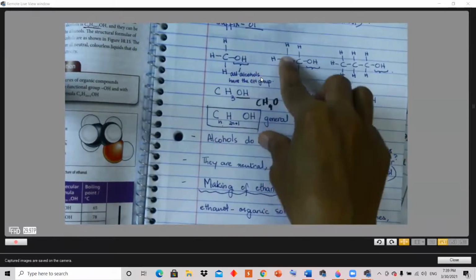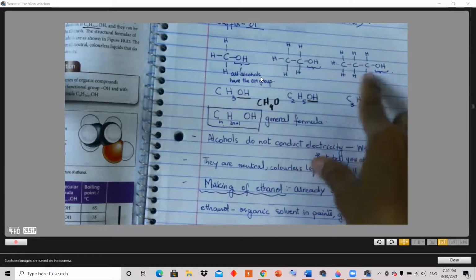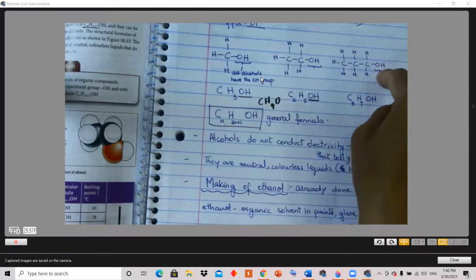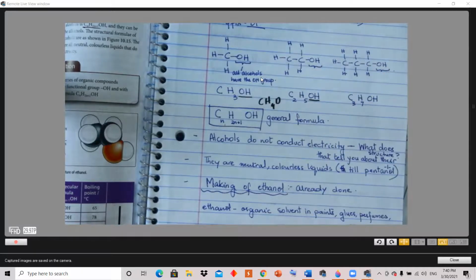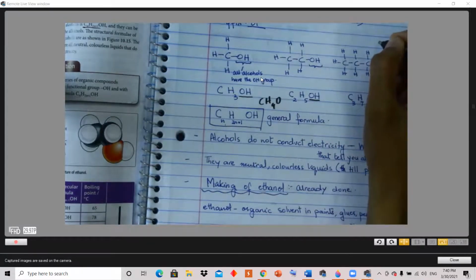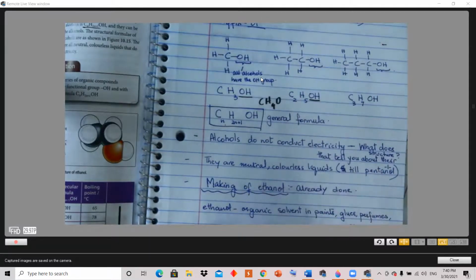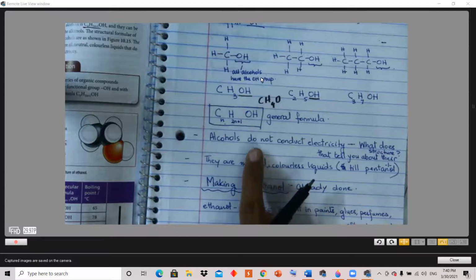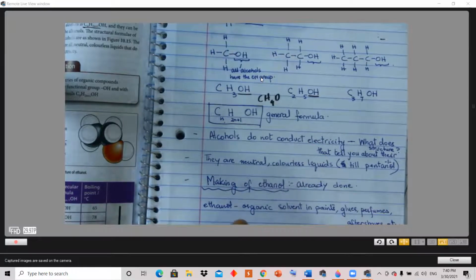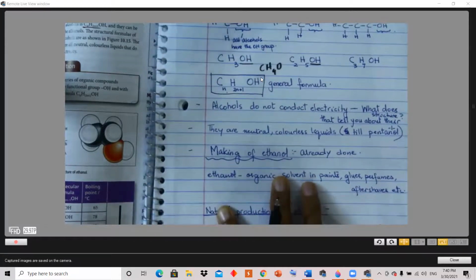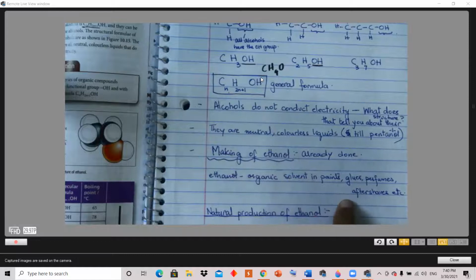Why? Because look at this. The whole of the molecule is predominantly non-polar, except for this polar tail because of the oxygen. Remember, oxygen is one of the top 3 electronegative elements in the whole periodic table. So it pulls the electron cloud more towards itself, which gives the molecule a partial, very partial charge. It is so partial that it's not enough to conduct electricity. By the way, pure water also does not conduct electricity. So that's why it is used in organic solvents.